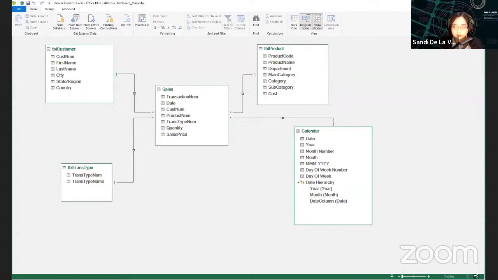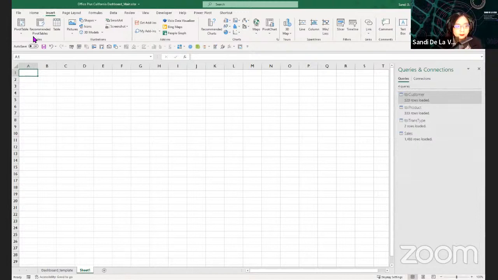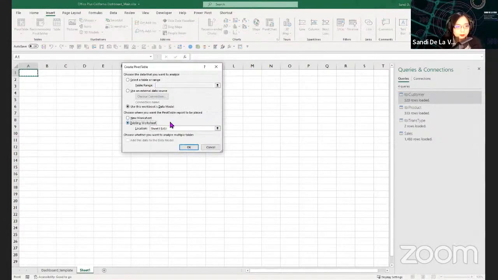So let me close this Power Pivot window and change my shared screen to Excel. So there. So now we have loaded all the data in the Power Pivot. How do we use it in the pivot table? So go to the Insert tab, go to PivotTable. Then you can see there's a difference. Instead of just using Select a table or range, select Use this workbook's Data Model. Then you can choose if a new worksheet or existing worksheet.